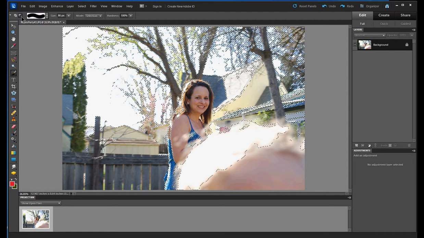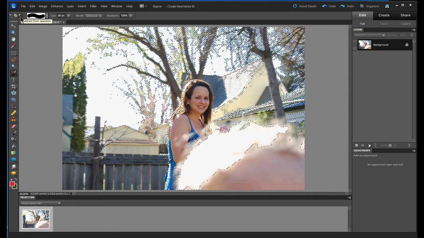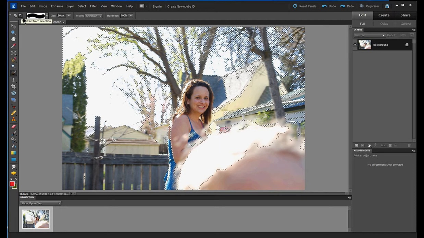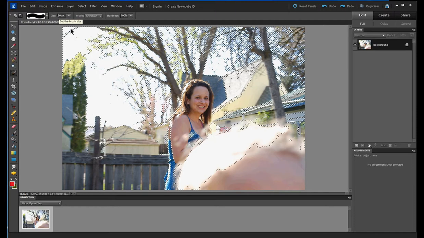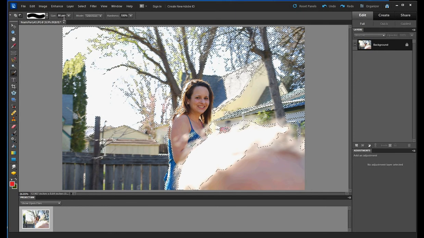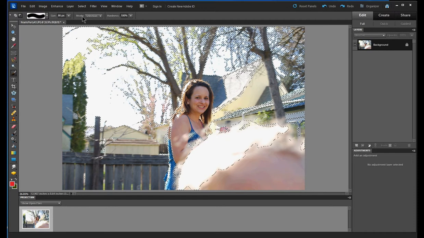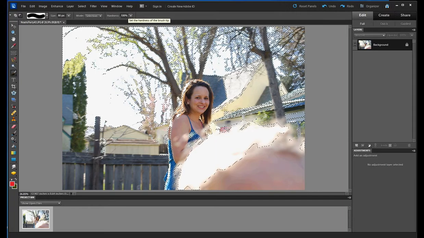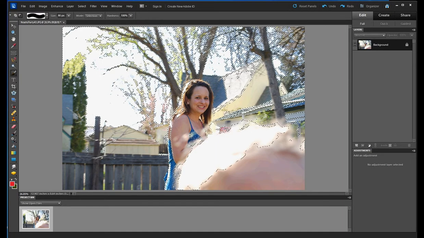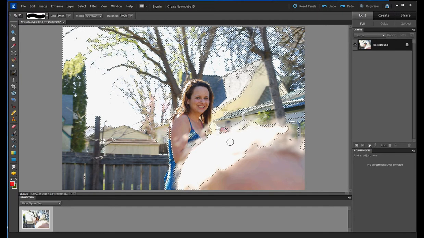So yeah, you want to make sure it's subtract from selection. A hard brush, size can vary depending on what size you need. The mode is selection, hardness is 100, and then we're going to come down here